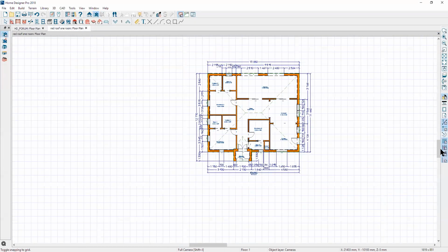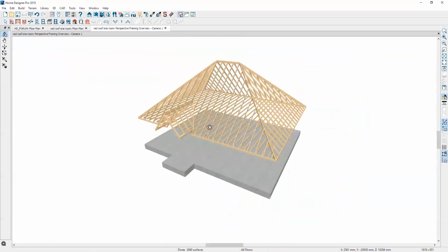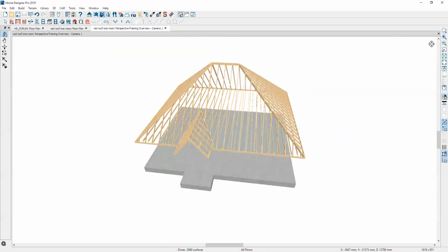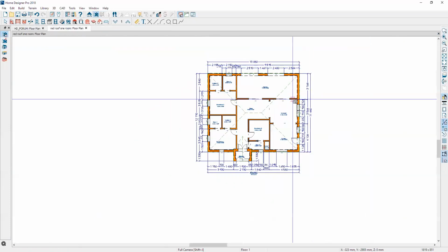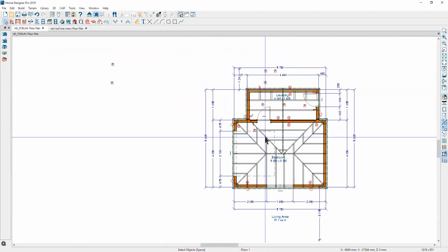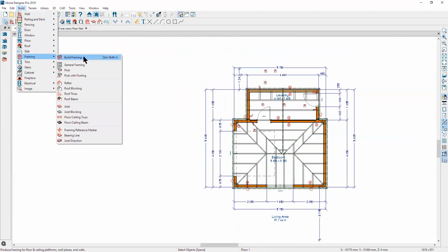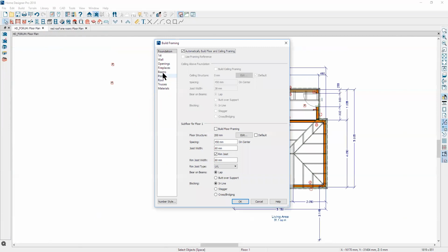Let's turn the grid off in this. And we'll go to this camera. And this one has ceiling joists. And it's because in this plan file, they've been built. Okay, let's go back to the other plan, this one here, and go up here to build framing again. This time we'll go to first floor, and